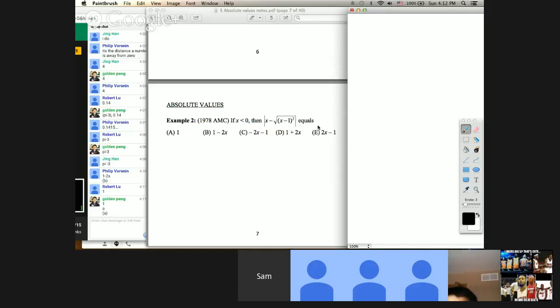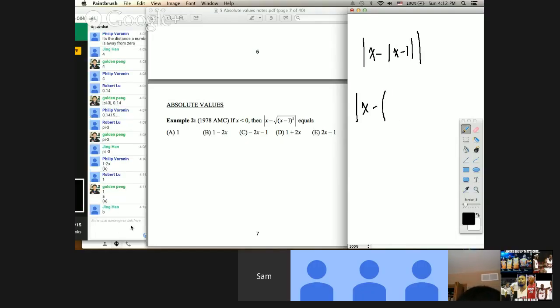Okay, so like I said, once you take the square root of a square, it becomes absolute value. So I'll just rewrite this a little bit. It becomes the absolute value of x minus the absolute value of x minus 1, absolute value. So it's like an absolute value inside of an absolute value. So we can work from the inside out. Let's work on the inside first. Let's just copy down this part, and then let's work on this. Minus,